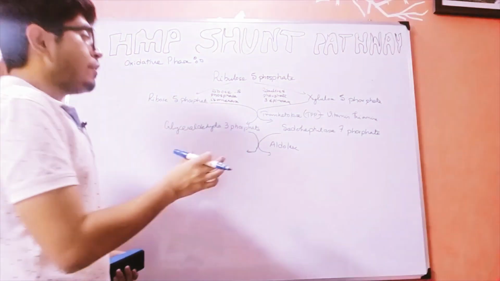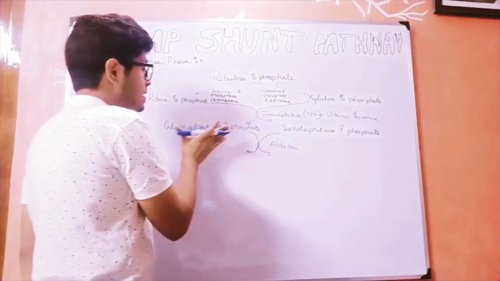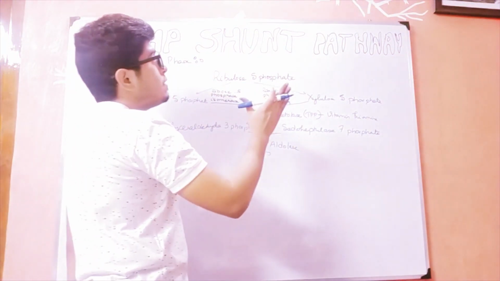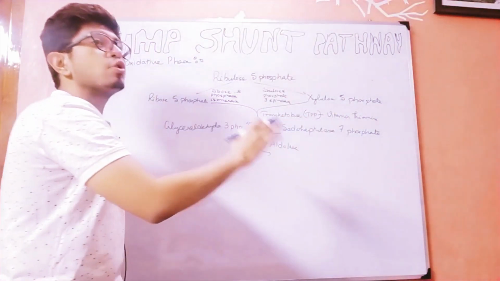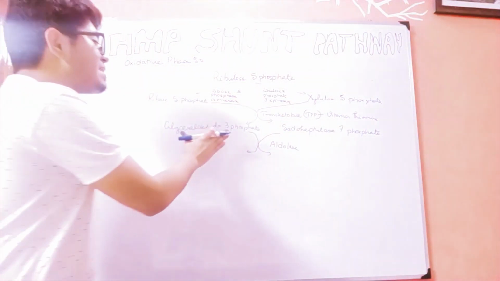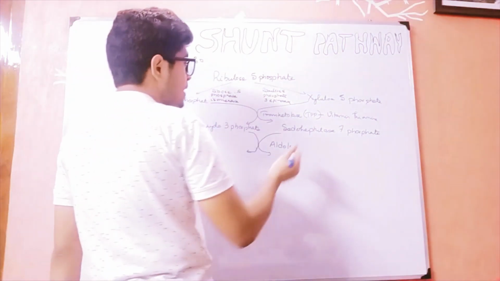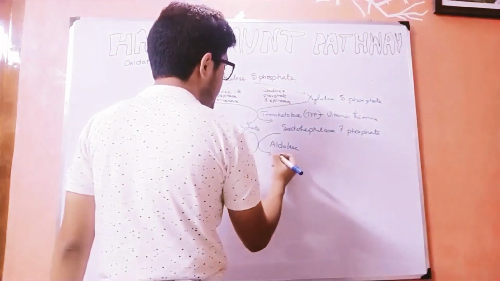Therefore, this is a ketose molecule, this is an aldose molecule. So there will be transfer of a 3-carbon compound from pseudoheptulose 7-phosphate to glyceraldehyde 3-phosphate, thus giving rise to, on one